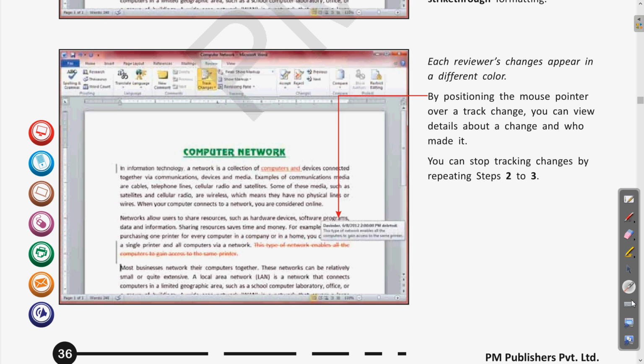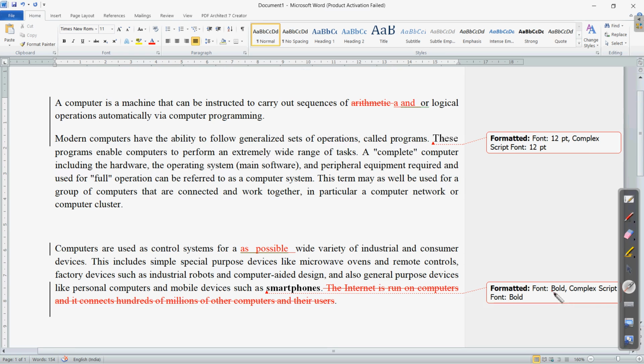If we bring the cursor to these changes, let me show you. If I bring the cursor to this, you can see the details as well.